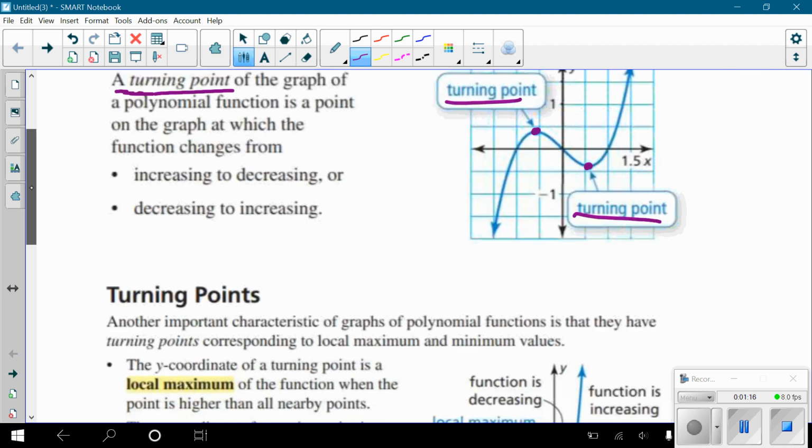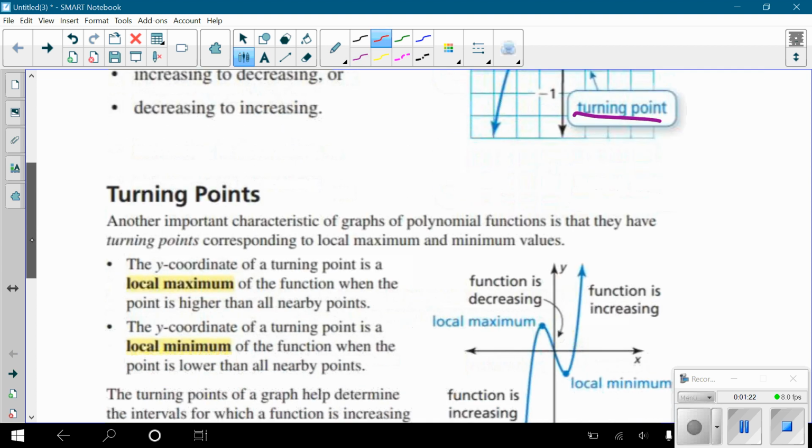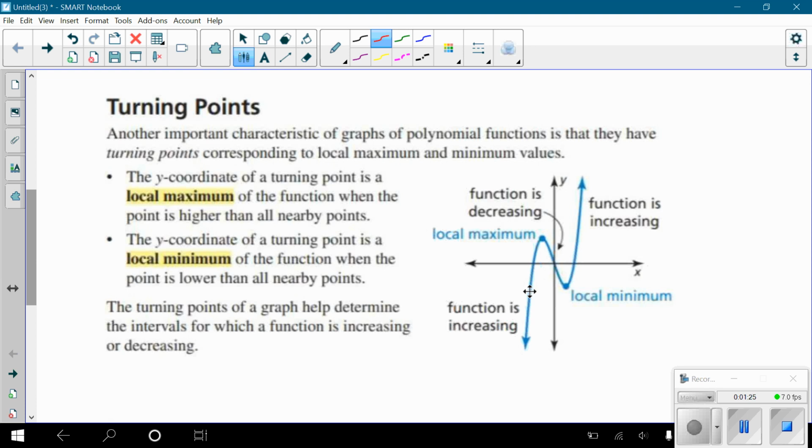An important thing to note about turning points is, and this is some vocab we've used previously, if you have a turning point where it's going from increasing to decreasing, that turning point is actually a maximum, and we call it a local maximum. The other word you'll see, and we've used, is it might be called a relative maximum, okay? It's not the highest point on the graph, because the graph goes up forever and ever and ever, but it's the highest point relative to the ones around it. If you look at the graph locally, in other words, right around